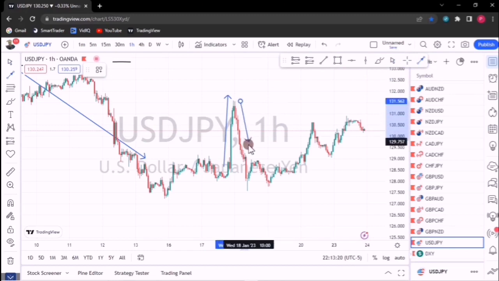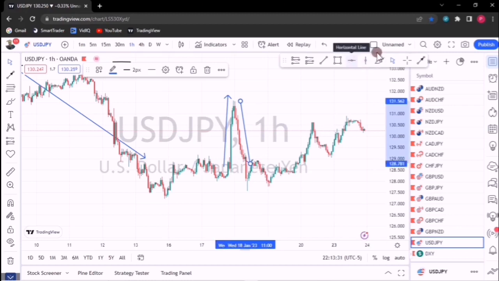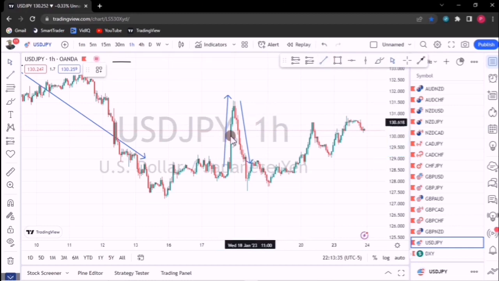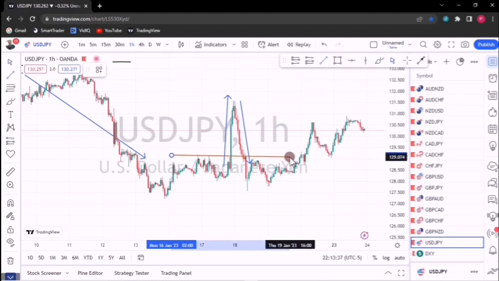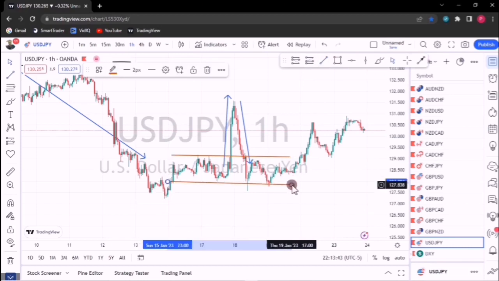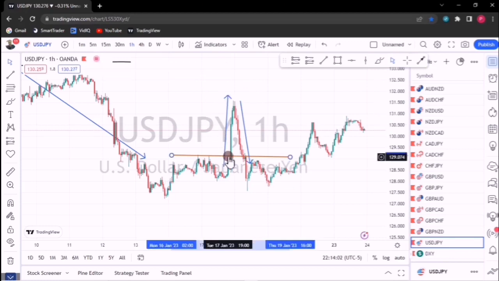This is not like a reversal, it's a pullback. Price made a sharp move, and then it's now coming back again to its normal level, because the normal level in which it was moving was this. Just show you, this was the normal level in which the price was moving. It made a sharp move and then it started coming back. This movement right here is called the pullback state. After the pullback state, you can also have